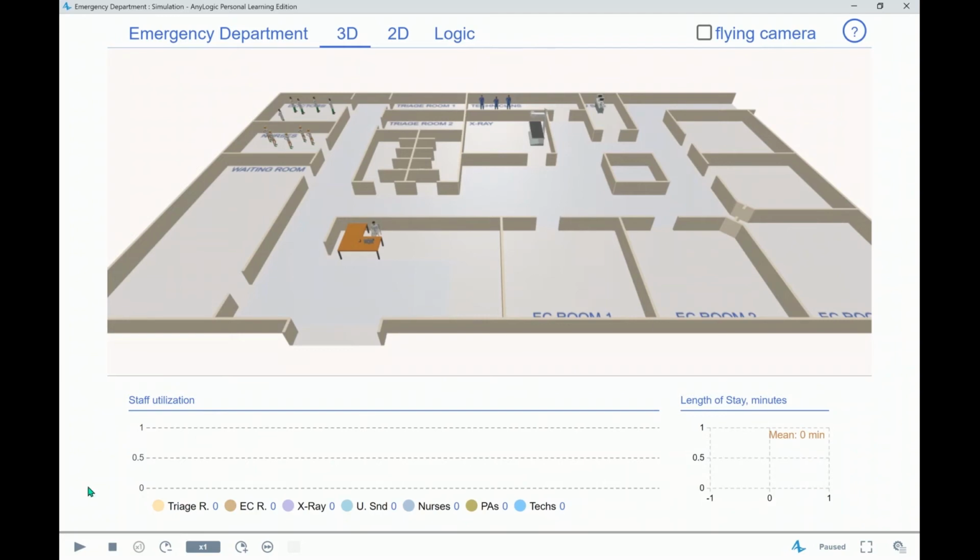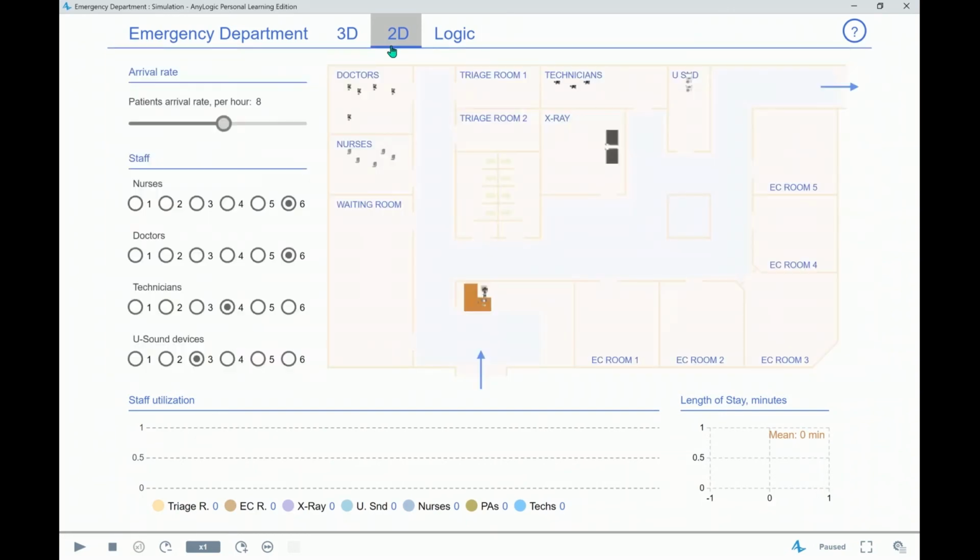So let me just run the simulation. Maybe it's easier if I show it in 2 dimensions, so I just click on 2D. You will see the 2 dimensions. The reason why I show it here is that you can see on the left panel the controls that we can use. At the moment, the ED has 6 nurses, 6 doctors, 4 technicians, and 3 ultrasound devices. If I run the simulation, I click the button run,